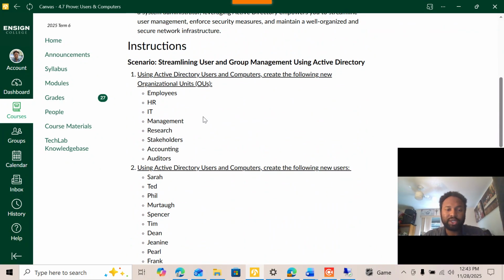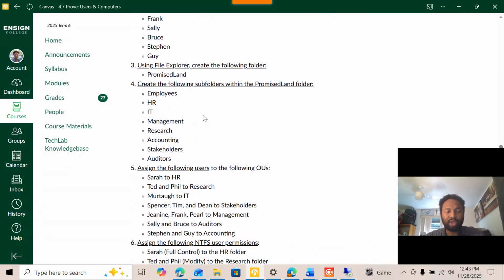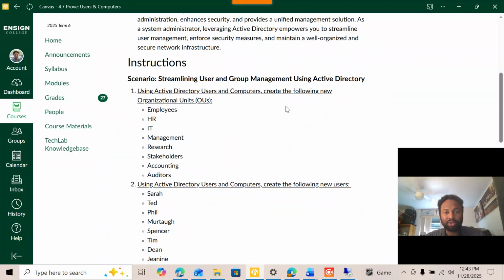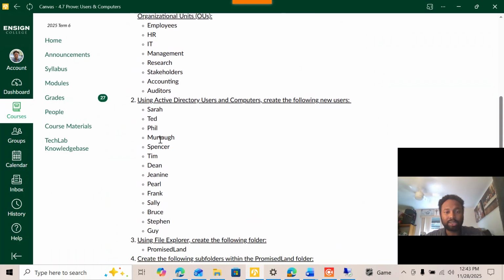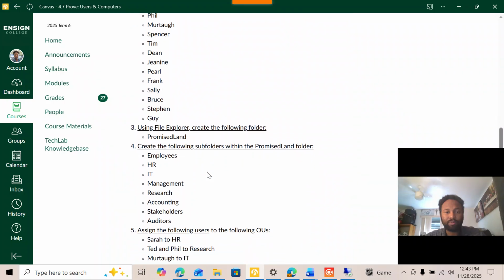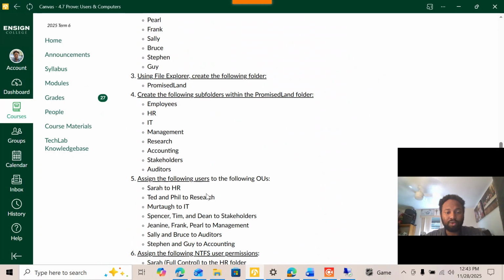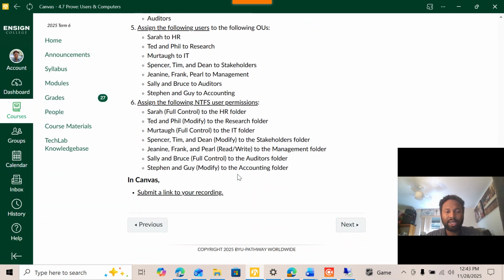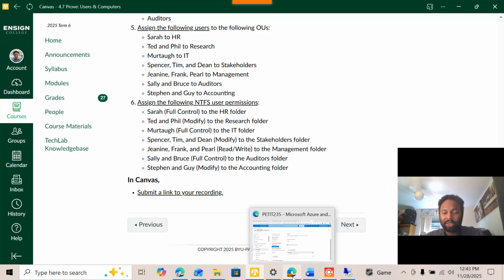Here are the instructions, and the following is exactly what I'm going to do. First, I'm going to create some organizational units, users, folders, and subfolders, and assign users to organizational units and assign specific permissions. Okay, so now let's go to my